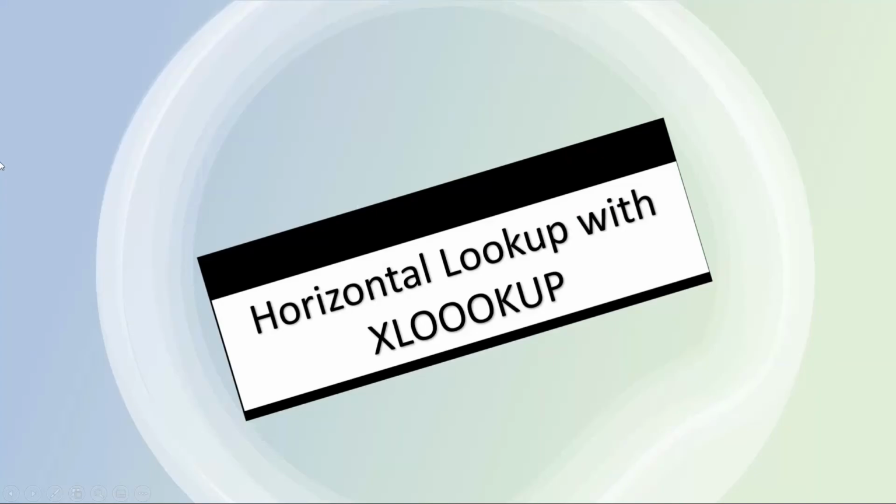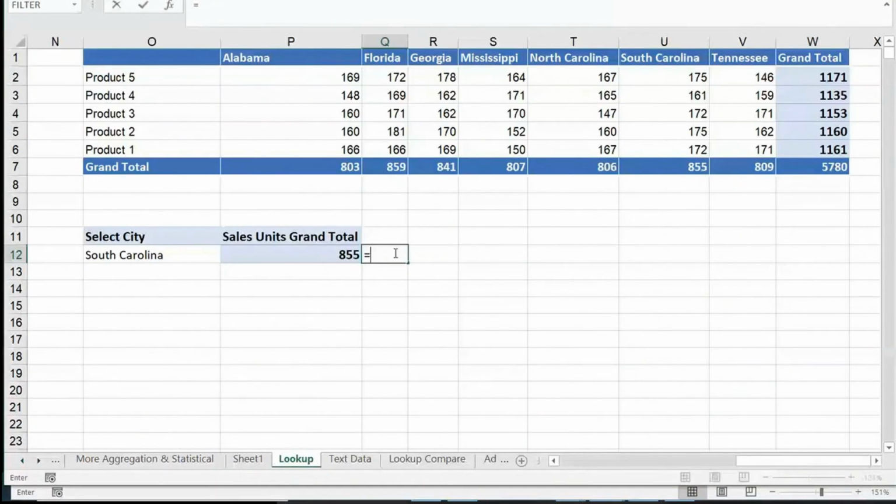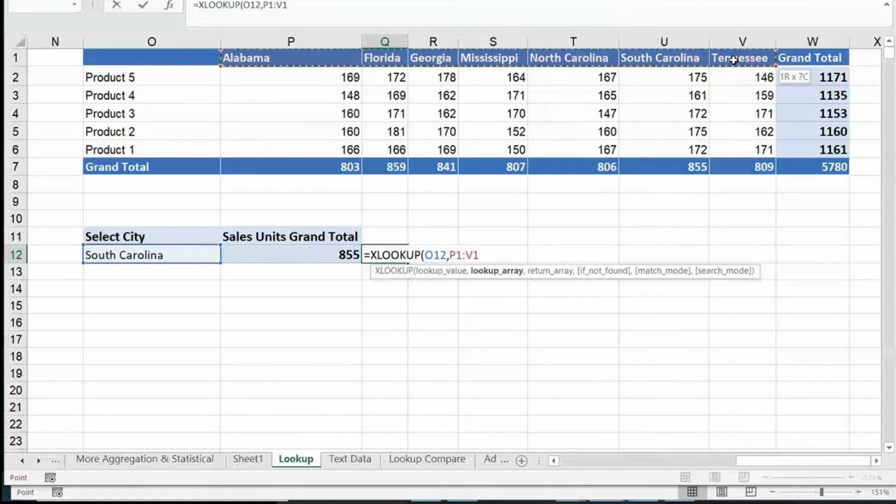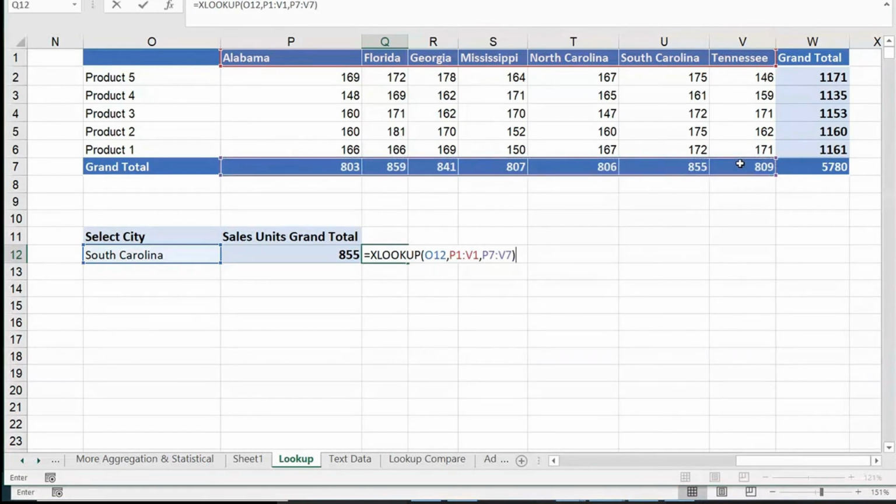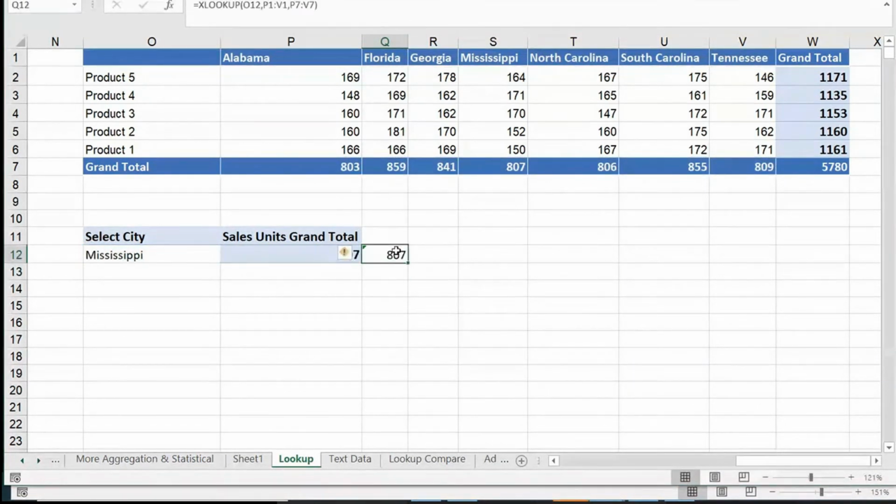So now look at the HLOOKUP part. Look at this. XLOOKUP, lookup value 012, comma. Lookup array. Lookup array is this. XLOOKUP says, hey, you can give me horizontal also. I'm not bothered. You give me however you want, comma. Return array is this. Return array is this. I close the bracket, enter. It's a single array, so no difference in horizontal or vertical. So don't you agree that it's a wonderful formula?